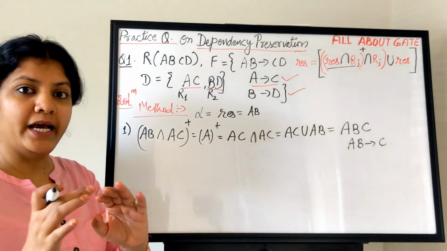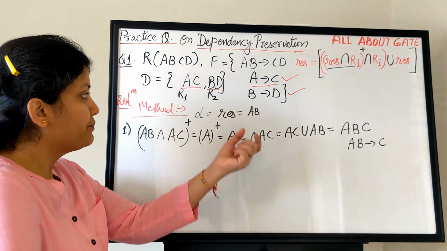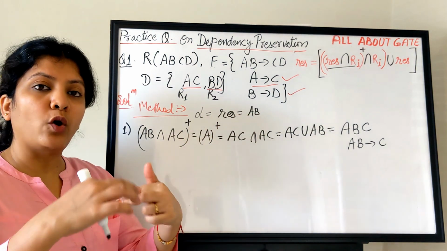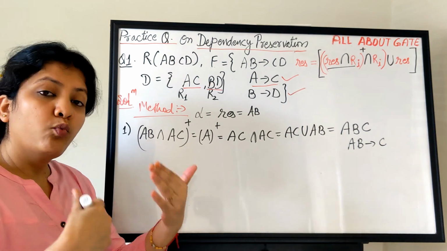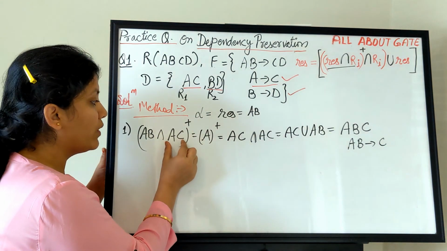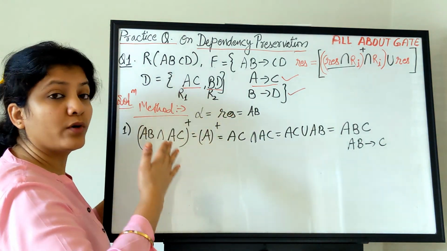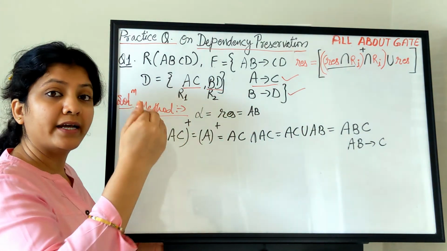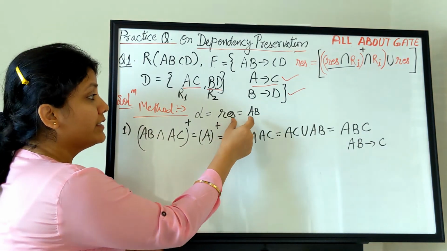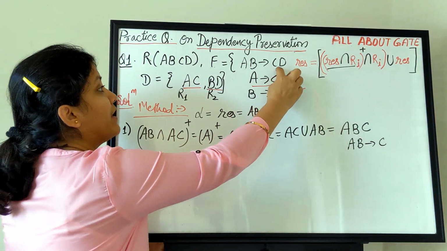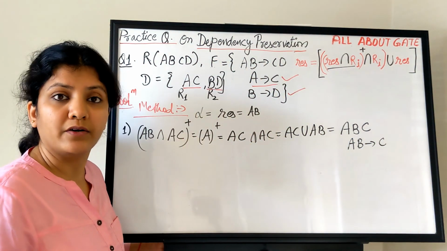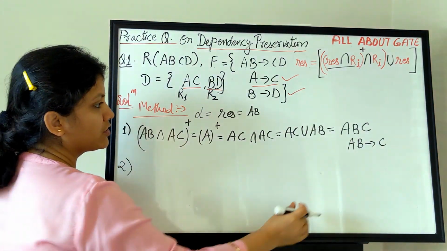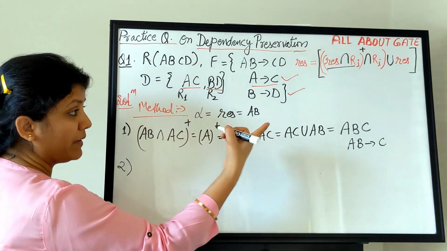So I'll explain once again what the logic is. Whatever your determinant is, we are checking what all it can determine one by one. Starting from one sub-relation, we'll try to do that with all the sub-relations, and if by the end your determinant can somehow determine the value of the dependent, then you say it is preserved. So now the second step. Doing this was one part of it.